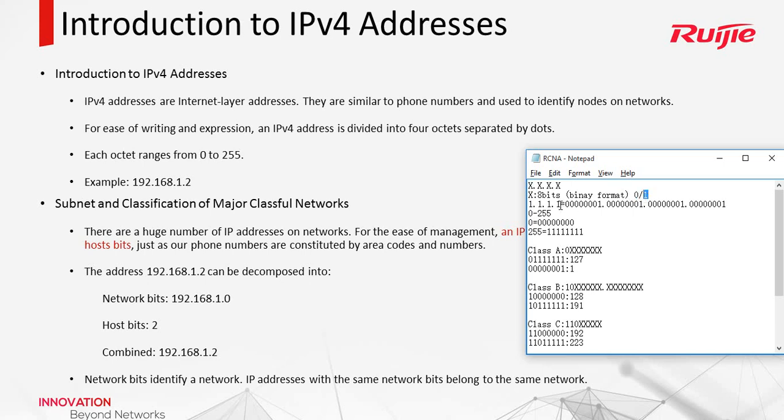For example, we can write an IP address as 1.1.1.1, but in fact it equals 00000001.00000001.00000001.00000001. And the range of the IP address is from 00000000, which is 0, to 11111111, which equals 255. So we can find that each octet ranges from 0 to 255. And this is an example,